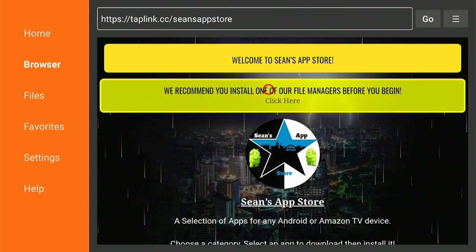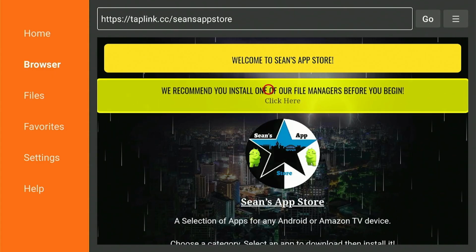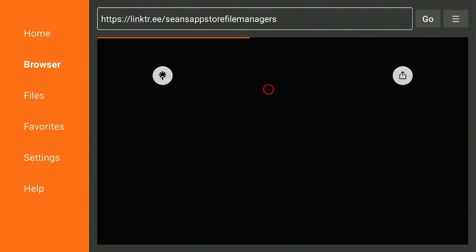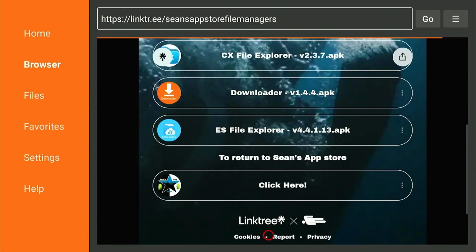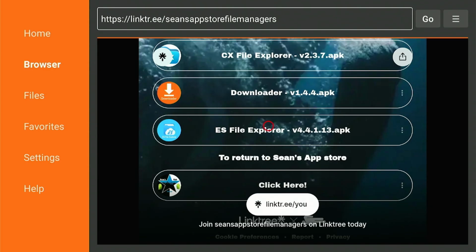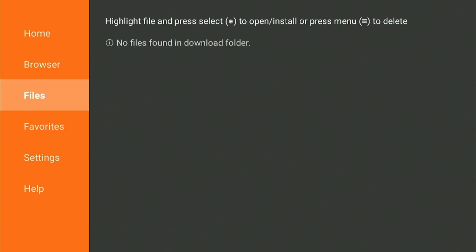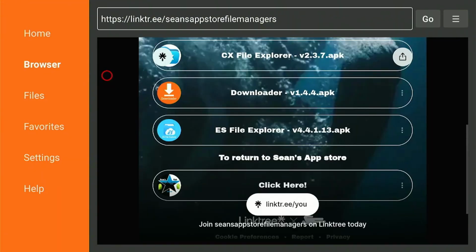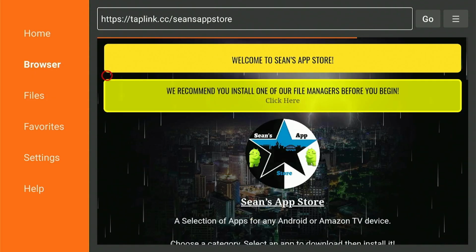It says here, recommend to install file managers before you begin. So if I click on that, you will see that actually downloader is an option to manage your files. If you look across on the left, you'll see the option for files. And if you do have any install files, they will be listed here and you can delete them to clear space on your Firestick. So if we go back to the browser, hit the back button,